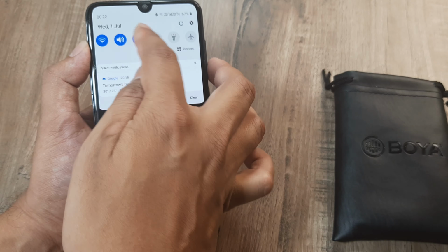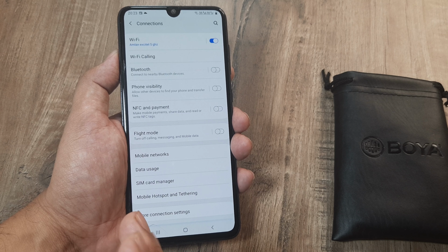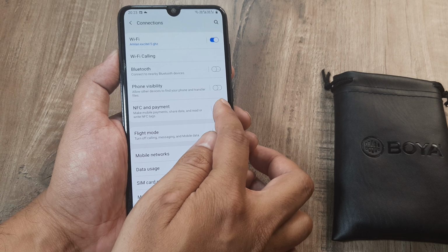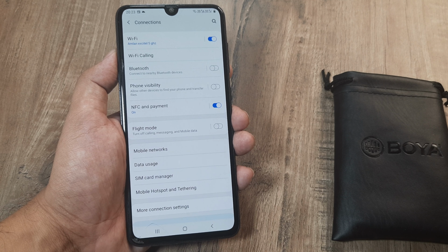And not only this, what in case your NFC is on? So I will just show this to you as well. It stands for near field communication and it establishes a communication with any other compatible device. This NFC may not be on all devices, but for the devices that have this feature, if it's turned on by any chance, just turn it off, because it's quite possible that you may have another device, maybe a sports band or something else that also runs on NFC, and it may try establishing a contact, and quite unconsciously whenever you take your phone nearby that, or maybe it stays with you, you keep on getting those irritating notifications.